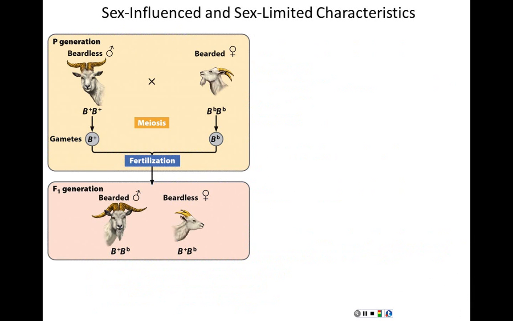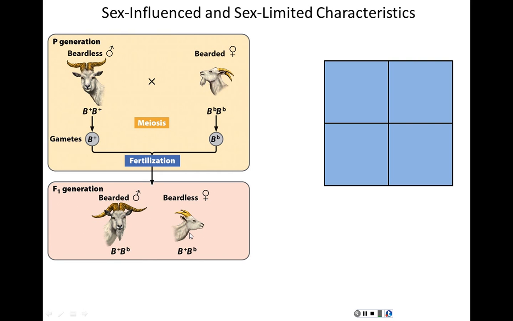So let's take that a little further. Let's look at that. So we have the P generation, right? We take our pure breeding B+B+ male and mate it with a bearded female. Fine, no big deal. We have the heterozygotes here, and this is the mating we're talking about. A heterozygote bearded male mates with a heterozygote not bearded female. Let's do this as a Punnett square because we can. This is a heterozygote parent crossed with another heterozygote parent. We fill in the Punnett square as we've always done.